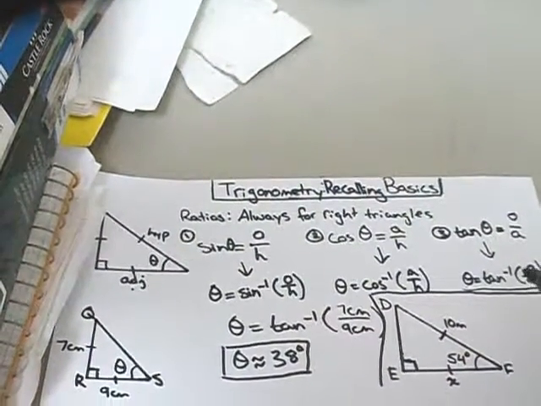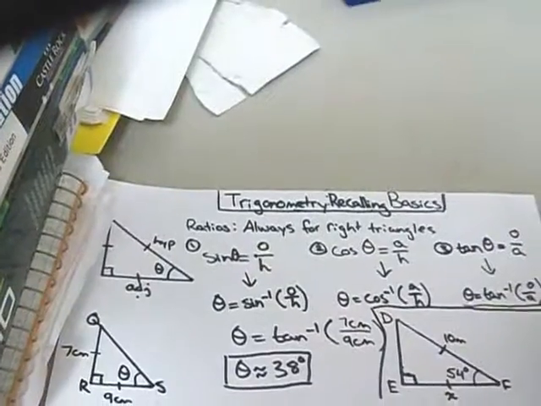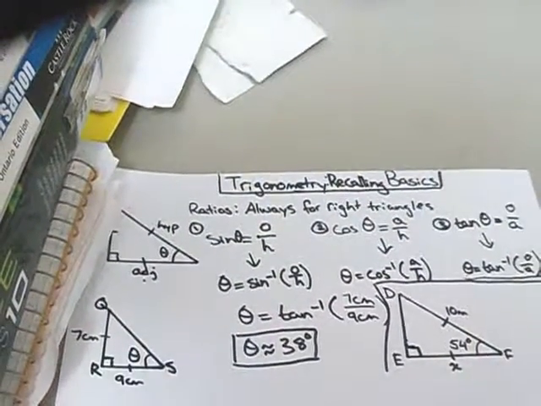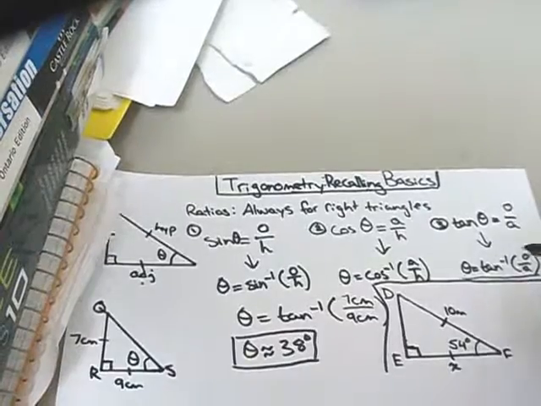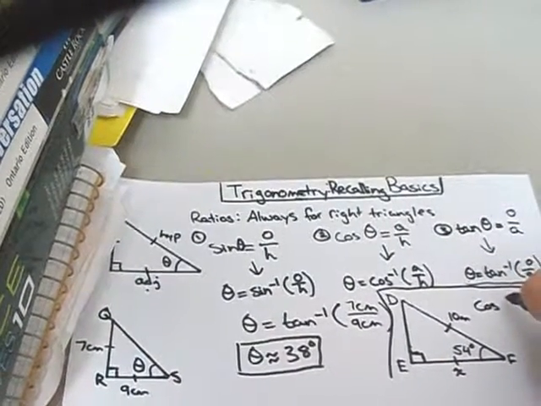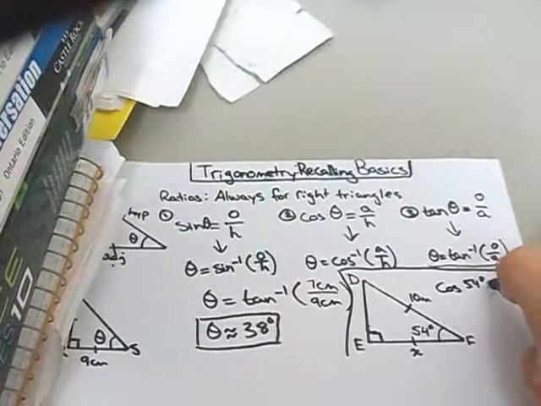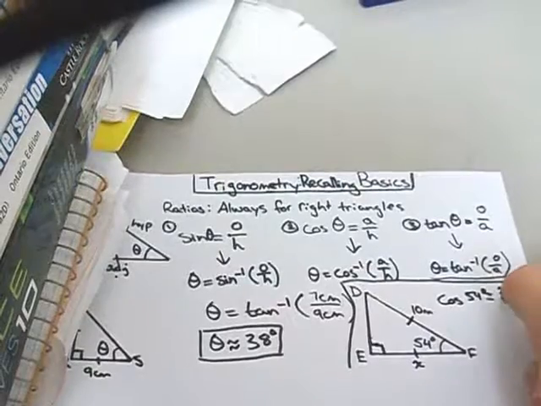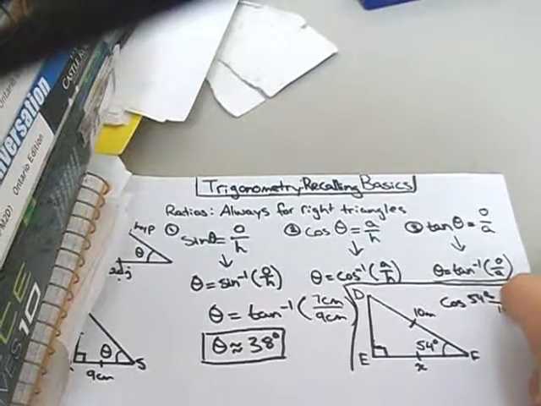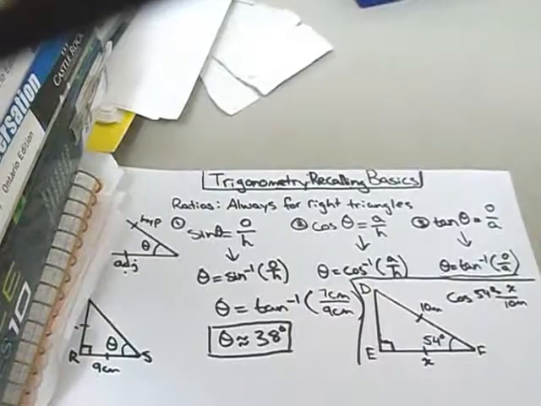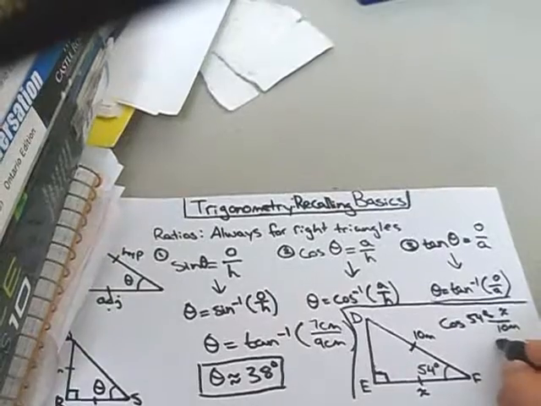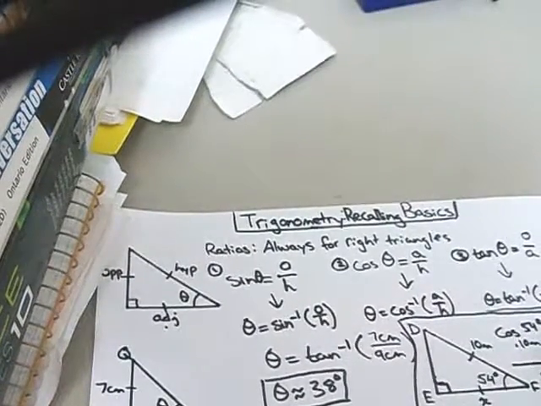The cosine ratio, because it's adjacent over hypotenuse. I have the adjacent and hypotenuse. So let's find the adjacent. So I have cos of angle 54 equals x over the hypotenuse, which is 10 meters. Now, to isolate for x, I'm going to multiply both sides by 10 meters. And that will give me an answer of x equals,